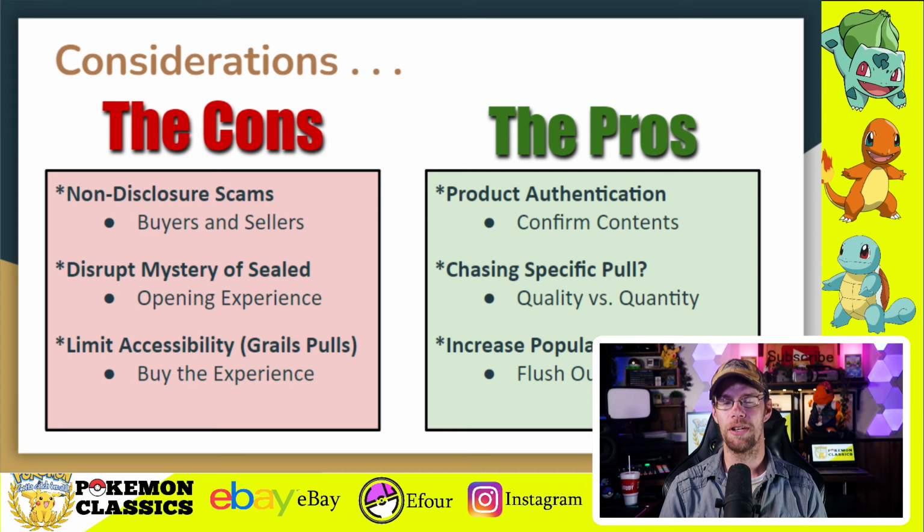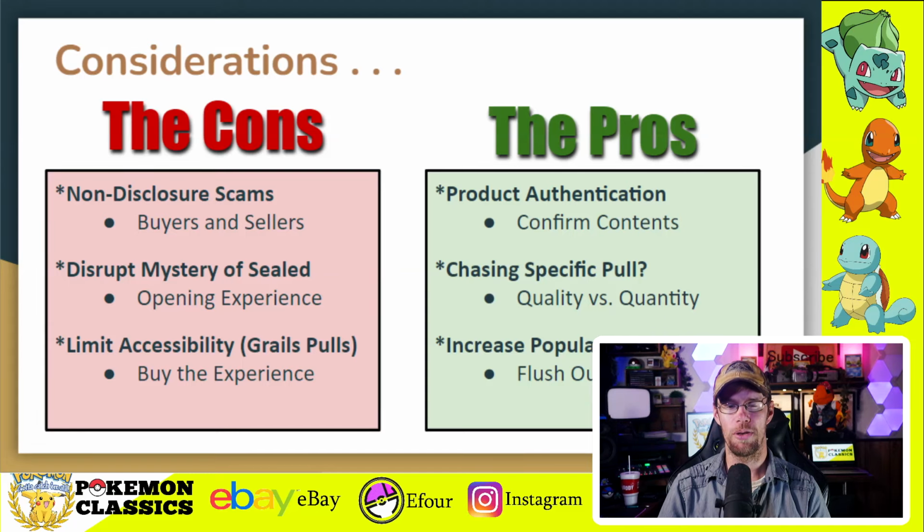And although there's already a number of scams that exist in the sealed product market, this just adds fuel to the fire for both buyers and sellers who have to navigate this space. Second, I think this disrupts the mystery of sealed product and the whole pack opening experience. Now, one could make the argument that very few people have the opportunity to open these expensive sealed vintage packs anymore, but I think this really ties into the third point on how this could limit accessibility for grail pulls